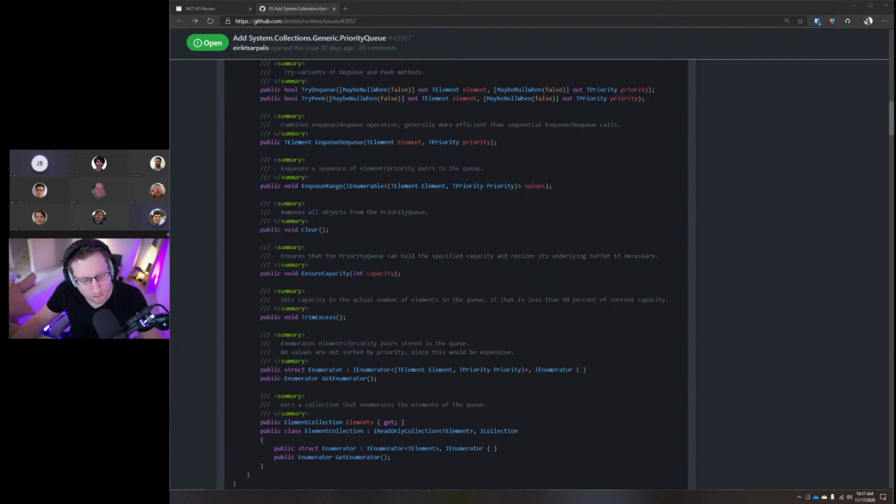Yeah, it seems to me it's also kind of in the spirit of other collections, right? Like you could make the exact same arguments about stack, right? What if I messed up the order and I want to swap the top two elements or something, right? Like the assumption is you get your priority right up front and it's immutable, right? That's basically the data structure.